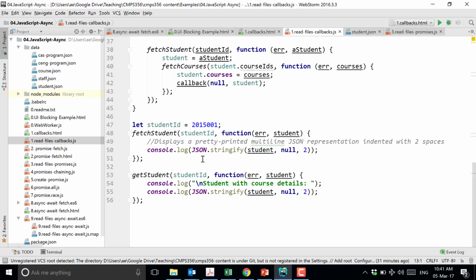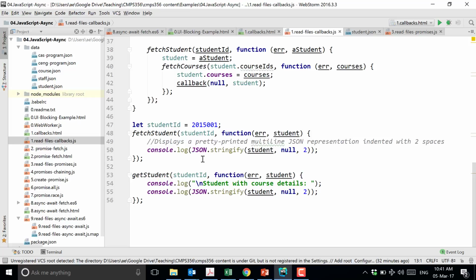This is a fetch, okay? The way I call it, I give it the student's ID that I want to fetch, and because it is asynchronous, what do I give it as well? A callback function. A callback function always takes two parameters, an error and the object that you are expecting. Here I'm ignoring the error and hoping that everything goes well.